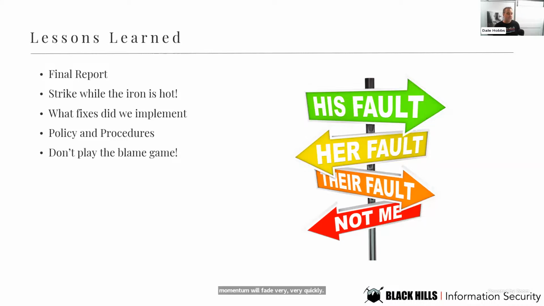You want to discuss any fixes you've implemented as well as any fixes that are still in the works. And then don't forget about your policies and procedures. You want to identify which ones enabled you and which ones held you back and hindered you. Right, so which areas did you really do well in and which areas were a dumpster fire? Those are the areas that you want to cover here as well. And then probably one of the more important things is be careful not to fall into the trap of laying blame, right? It's inevitable that someone is going to want to know who to blame, whose head's going to roll, right? So don't fall into the trap, stick to the facts of the incident.